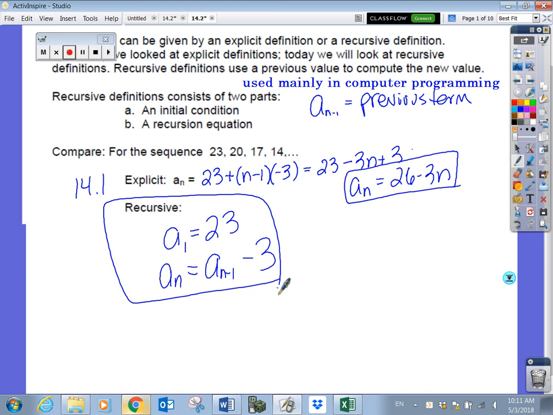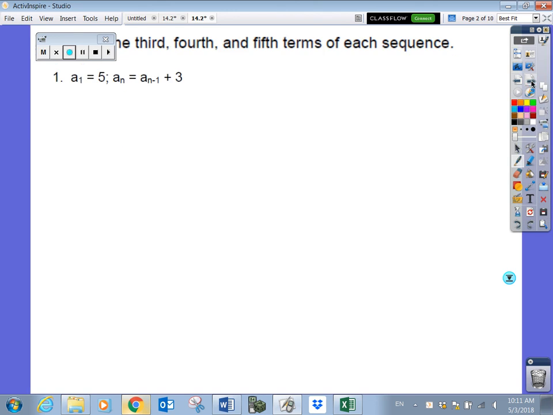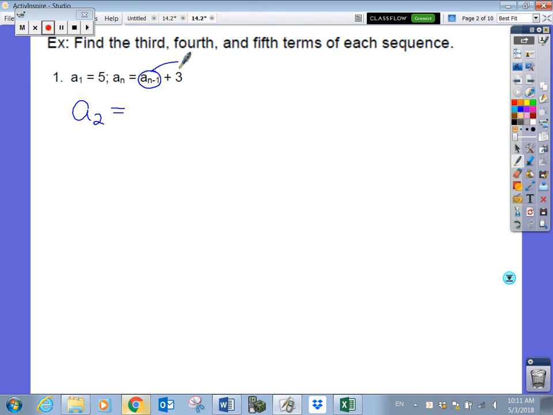These first examples are just find the third, fourth, and fifth term. It gives you the recursive definition, it gives you a sub 1, and it gives you the recursive equation. So we just use that to find the third, fourth, and fifth. But like yesterday, we can't start with the third. We're given the first. We have to find the second in order to find the third. Then we use the third for the fourth, and so forth. So a sub 1 is 5. We have to find a sub 2. We use this formula right here. The previous, remember, stands for